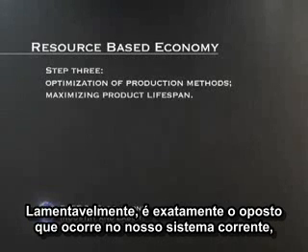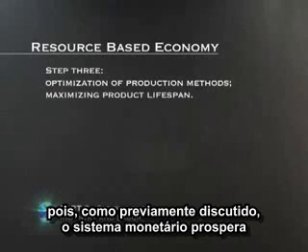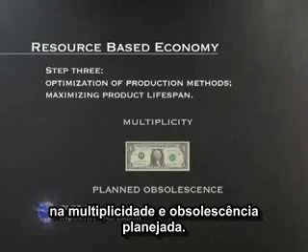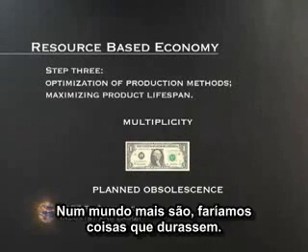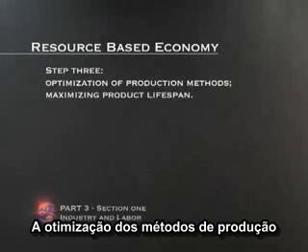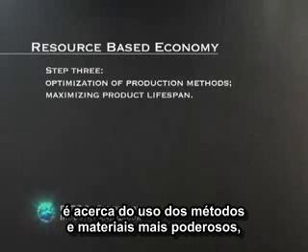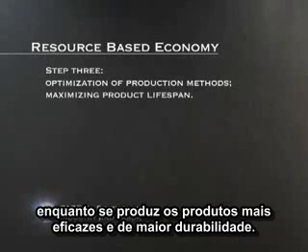Sadly, the exact opposite occurs in our current system. For, as previously discussed, the monetary system thrives on multiplicity and planned obsolescence. Without it, the whole economy would collapse. In a saner world, we would make things that last. The optimization of production methods is about using the most powerful materials and methods while outputting the most long-lasting and